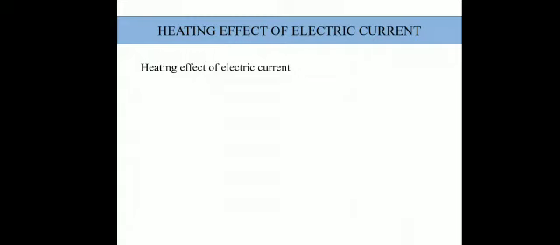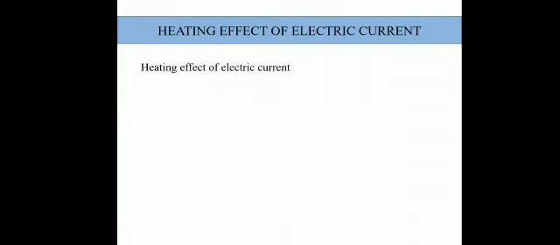whenever an electric current flows through a wire or passes through a conductor, two things happen. Number one, it produces something called heating effect. Whenever a current is passed, the wire gets heated. That is what is used. This property of electric current is used in bulbs, and electric iron which we use in our houses; everything works on the heating effect of electric current.